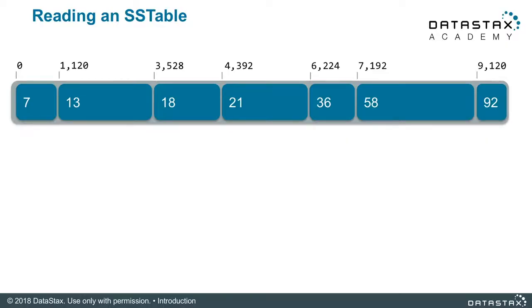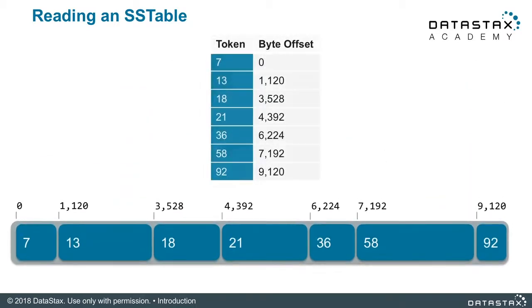If you look at your SS tables on disk, you'll notice there are several other files. One of those files is the partition index. It literally acts as an index similar to what you would see in the back of any good book. On the left, we have the partition tokens. On the right, we have the actual byte offsets where the partitions reside in the SS table.